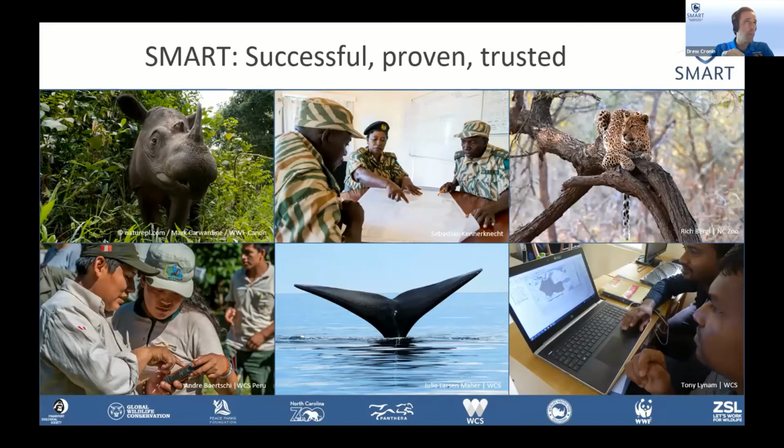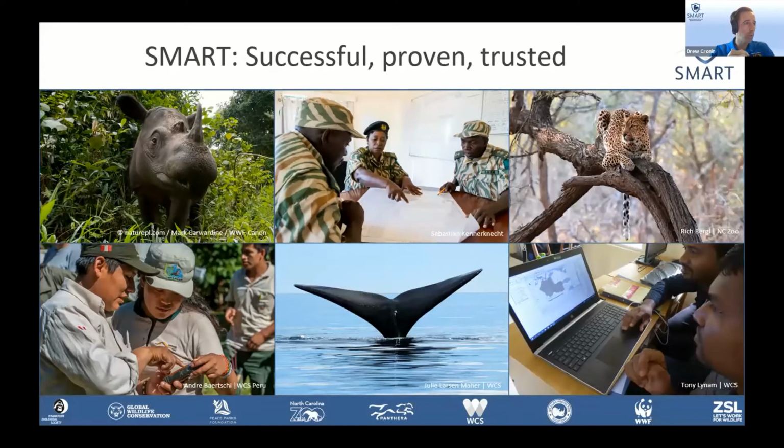And the way that we've reached that level is focusing on pragmatic solutions that will have an impact on the ground, and that way the ownership comes from the practitioners in the field. And as well, what also helps is that it's freely available, and we produce a lot of materials for the field as well. So with that, I'm going to pass it over to Tony